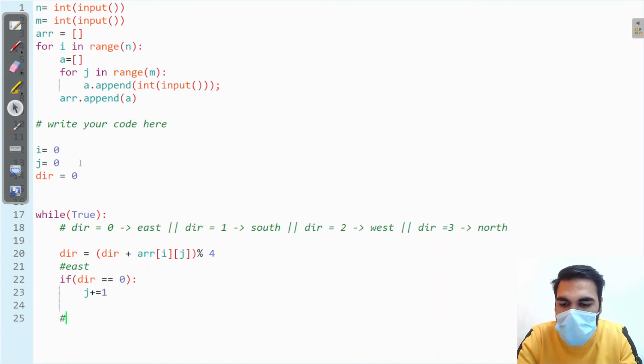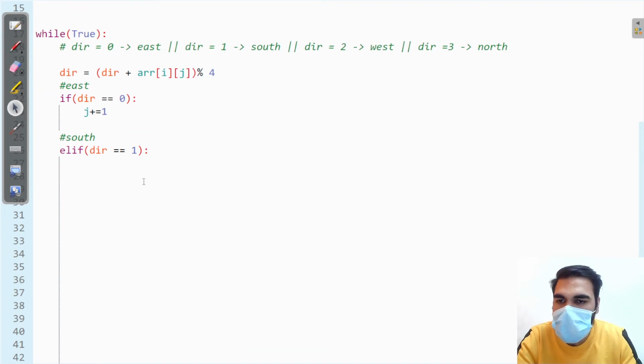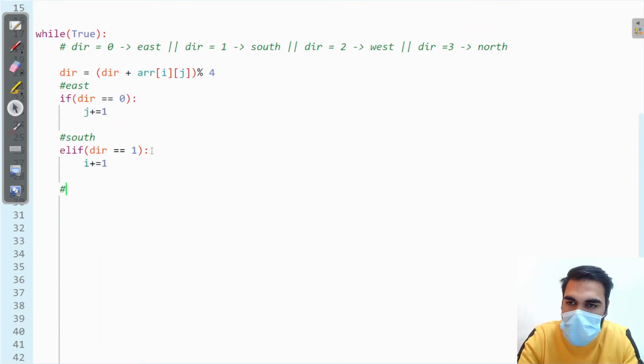And similarly, if you move to the south, if direction value becomes 1, for that you will increase your i value by 1. Then you will move in the west direction.